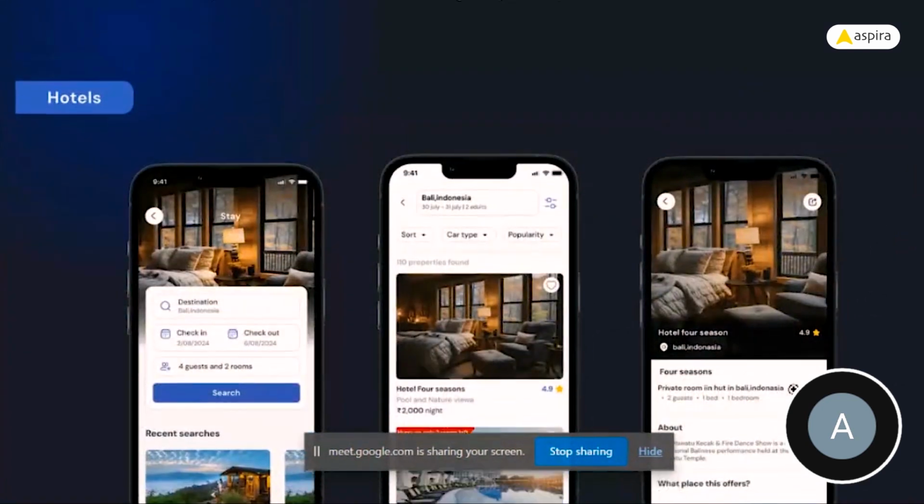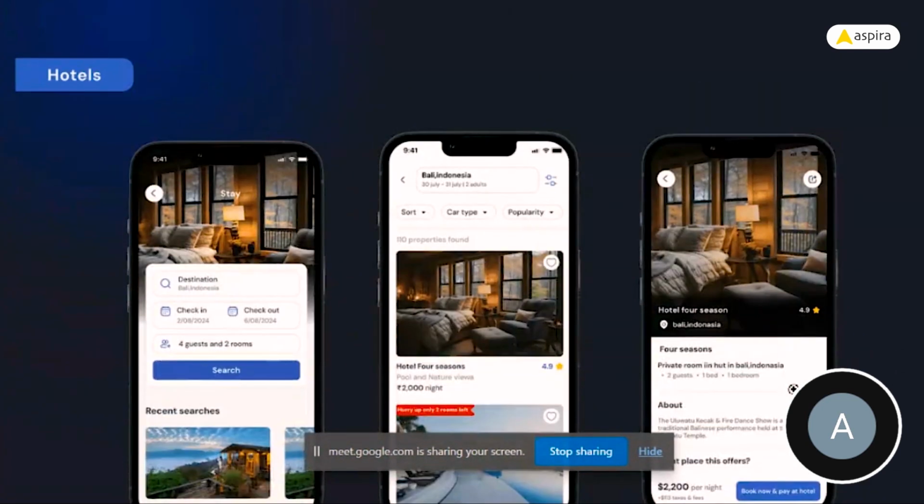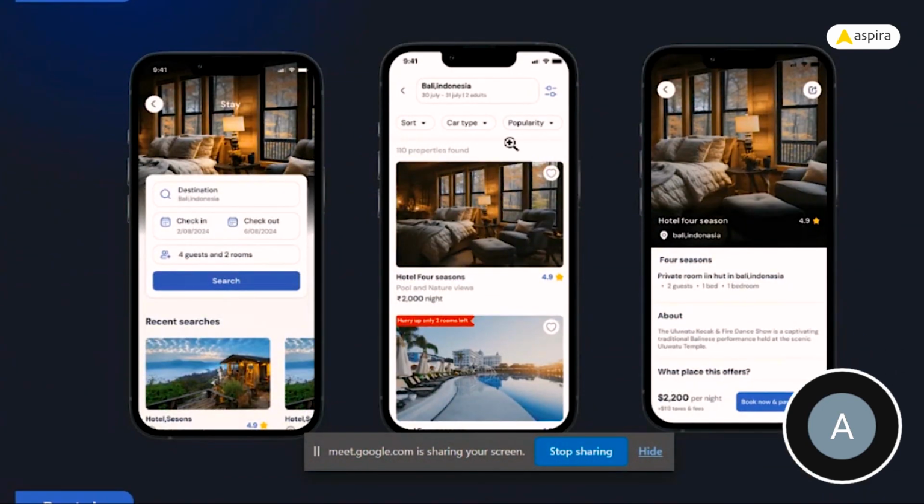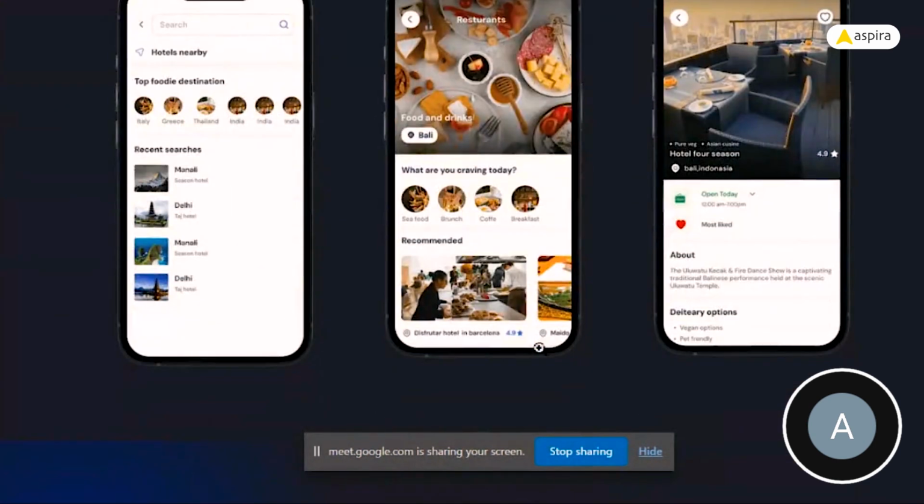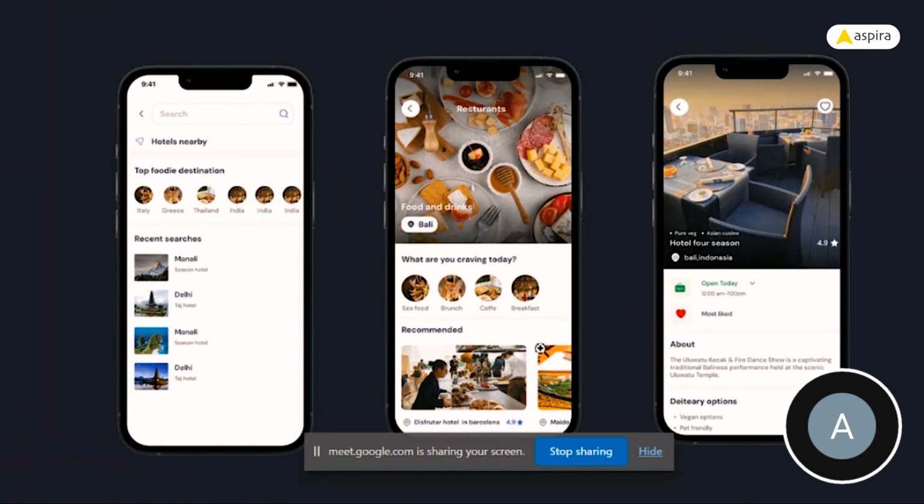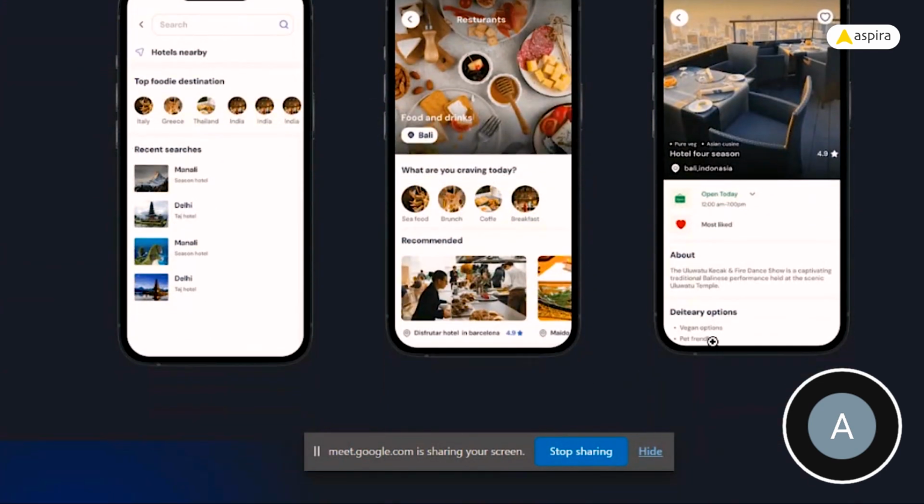So this is the categories screen. This is for stay. We have filters here. This is for rentals. Again, the same. And it's for restaurants. You can choose the restaurants according to your moods, and also what kind of the best restaurants are available there. Our app will recommend, and also they'll have dietary options like vegetarian, pet friendly, non-veg,